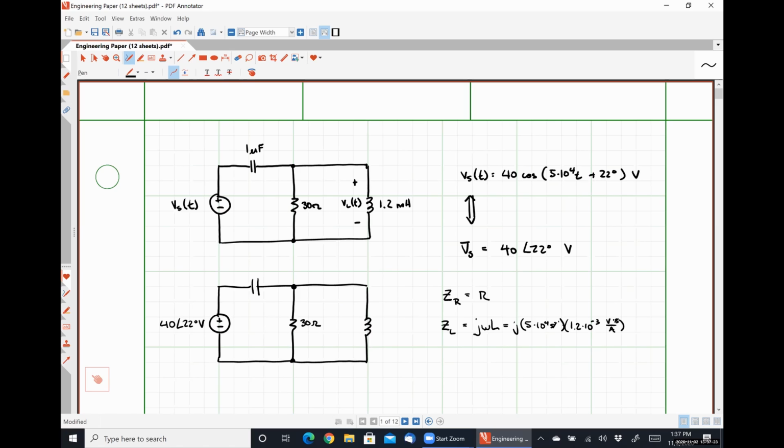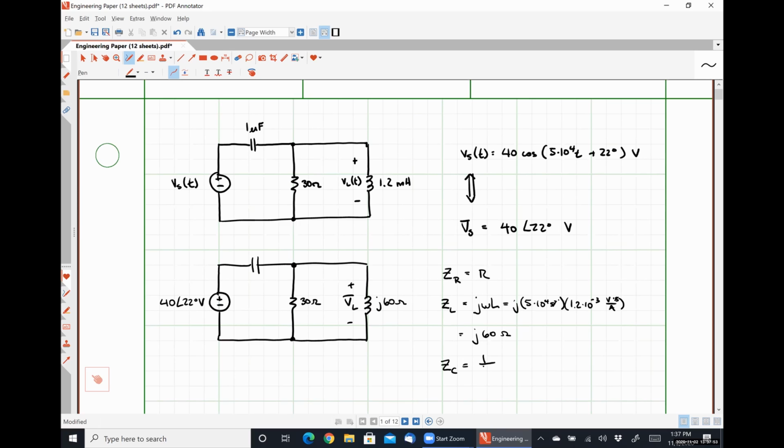So we have units of volts per amp, or ohms. And so that is, let's see, 1.2 times 10 to the minus 3 times 5 times 10 to the positive 4 gives me j60 ohms. So this is going to be j60. Here's my phasor voltage over my inductor. And then